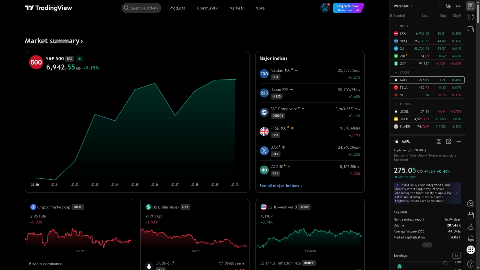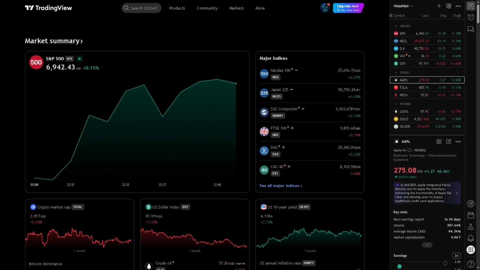In today's video, we are going to show you how to fix the TradingView chart freezing, lagging, or not updating in real time. This is a common issue and we will show you simple, proven fixes to get TradingView running smoothly again. Let's begin. Now the first thing that you need to do is to log in using your credentials